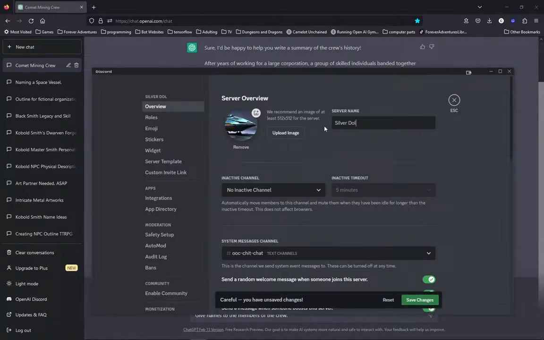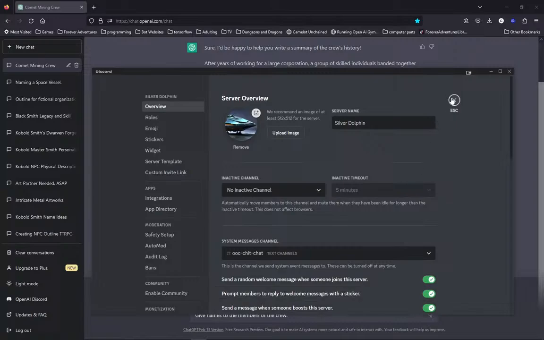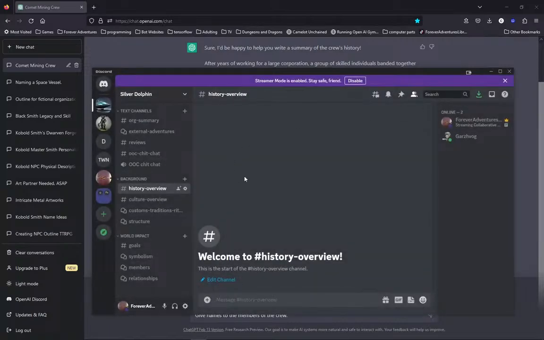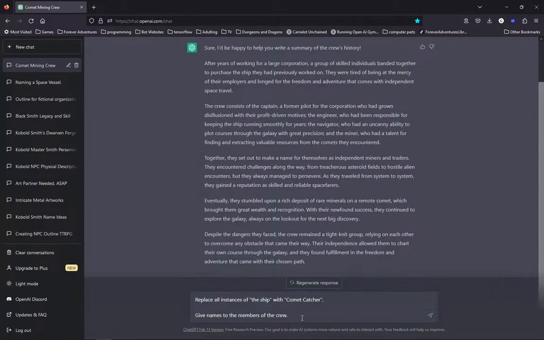Silver Dolphin. But like I was saying, I don't necessarily assume that people are going to use the names of the individuals that I put in here. The reason I want it to give them names is because it's much easier to read, right? The Navigator is boring, but Charles Darwin is an interesting name to read while you're reading a little bit of history about the vessel.